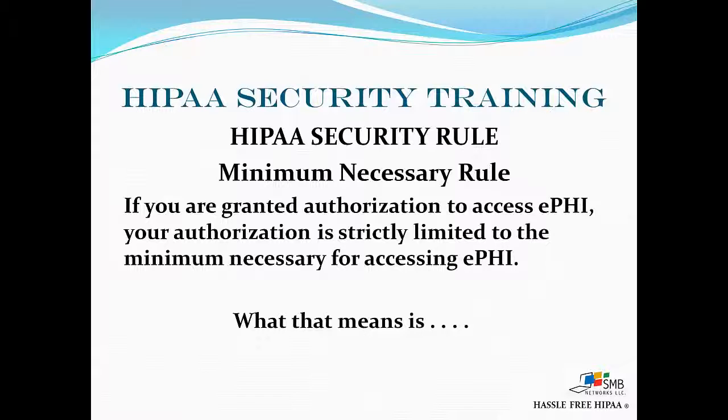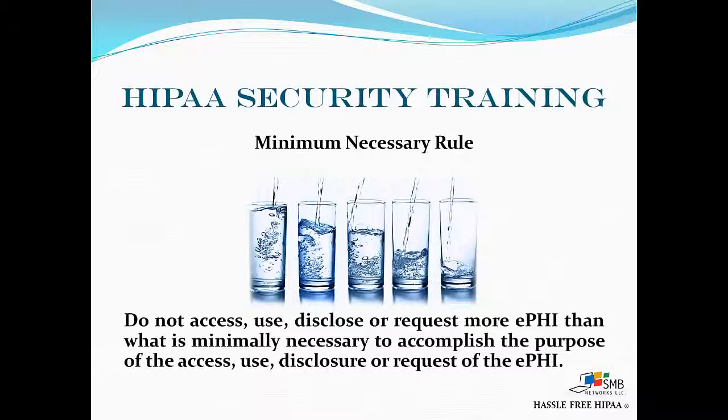I want to quickly talk about the minimum necessary rule. If you are granted authorization to access electronic protected health information, your authorization is strictly limited to the minimum necessary for accessing electronic protected health information. What that means is, do not ever access, use, disclose, or even request more electronic protected health information than what is minimally necessary to accomplish the purpose of the access, the use, the disclosure, or the request of electronic protected